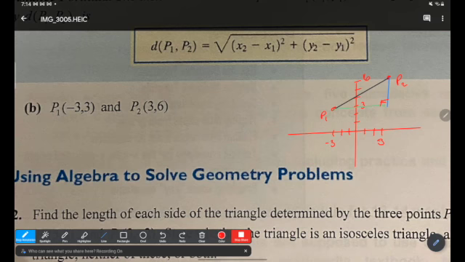So let's find that distance. So that distance between point 1 in the x direction, that's 6. The distance in terms of the y direction, that's 3. And so to figure out what the total distance is, I can say that a squared plus b squared is equal to c squared. So the 2 legs are going to be 3 squared plus 6 squared is equal to c squared. That's going to give me 9 plus 36 is equal to